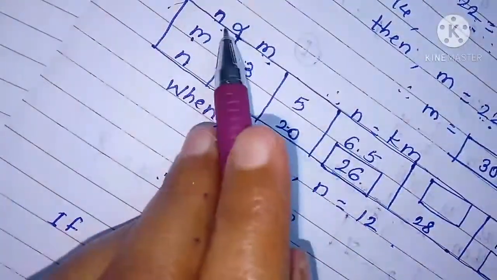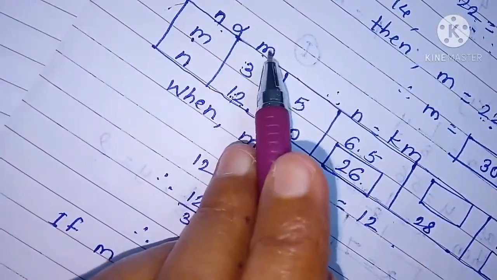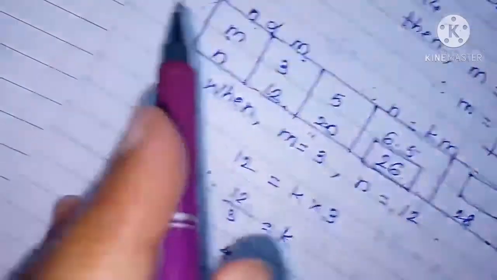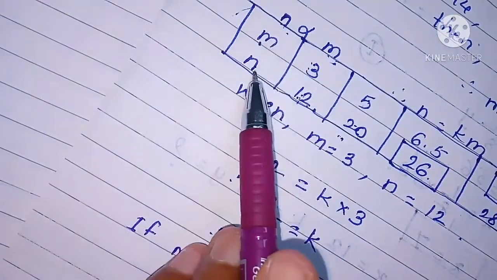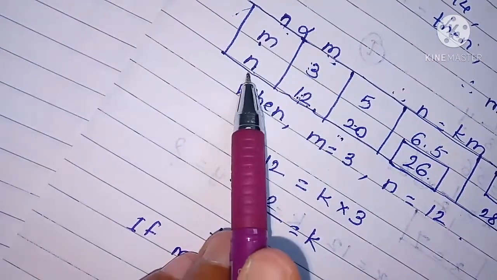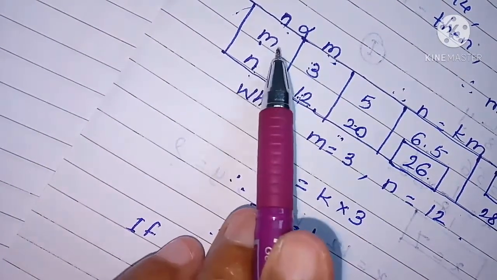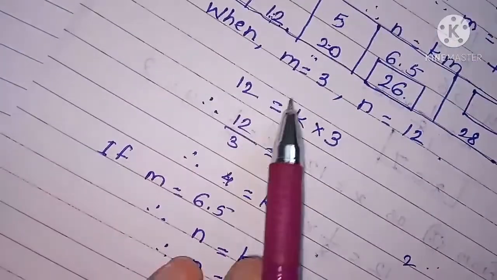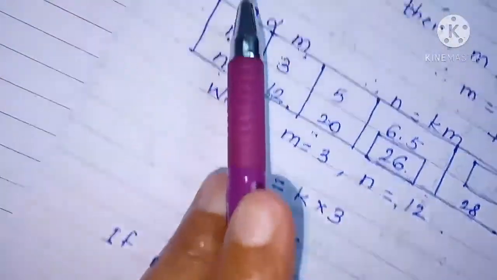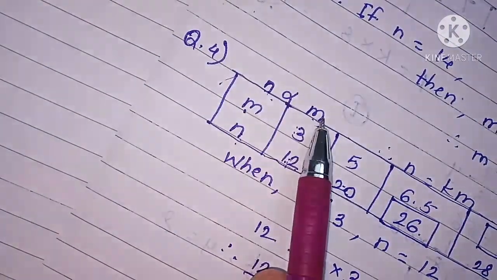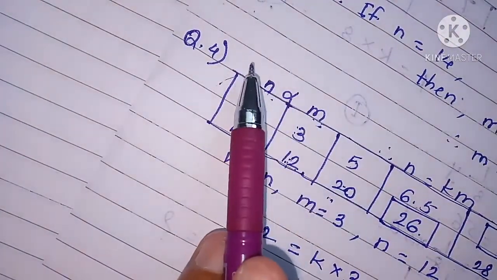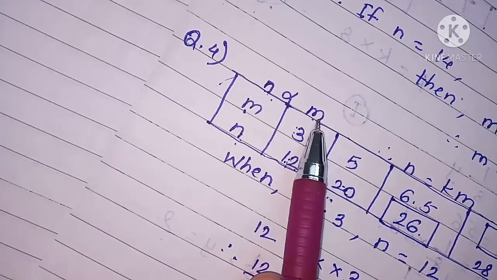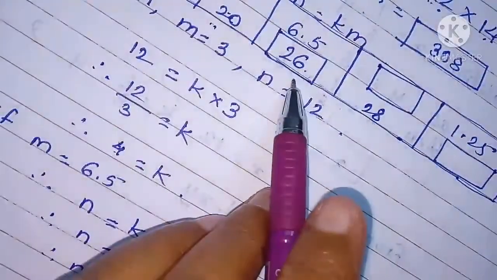See here, n is directly varied with m. n आणि m मध्ये डायरेक्ट व्हेरिएशन दिले, पण एक्झाम्पल मध्ये देताना m आधी आणि नंतर n दिले. Don't confuse here. Which values are given there, you have to put in place of that number only. Don't confuse. n is direct variation with m, not m is directly variation with n. n varies with m. So here n is equal to 26.